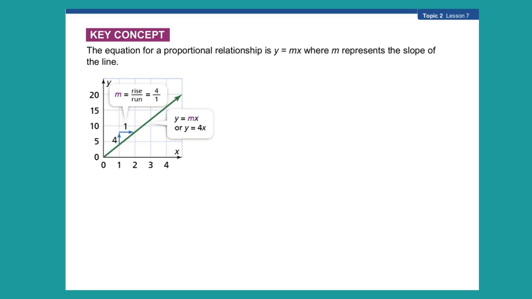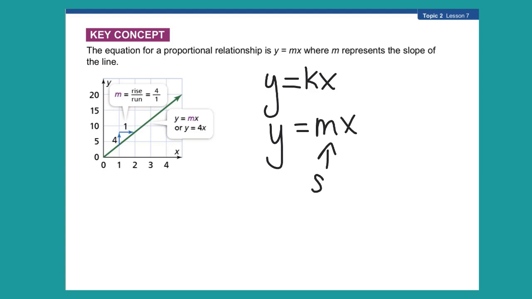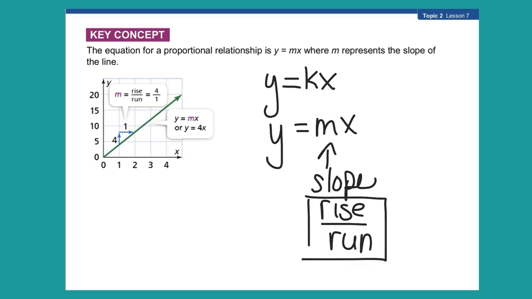This is your key concept on page 136. We know this is proportional because it hits the 2 criteria we learned last year for constant of proportionality. It is straight and it goes through the origin. Last year, with our constant of proportionality, we used this equation. Now that we know about slope, we're going to use that equation. That is your slope. So slope, remember, is rise over run. So your equation is going to be y equals slope times